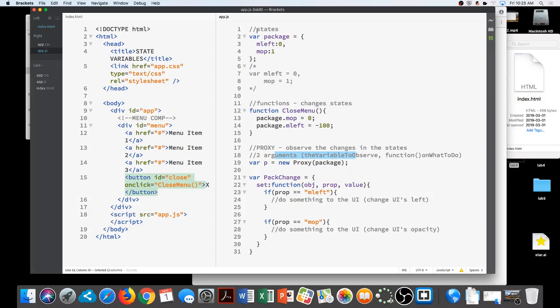Well, what was changed? The package was changed. What was changed inside the package? So he writes down, oh, mleft inside the package was changed. What did they change it to? -100. Right? So whenever, doesn't matter who, doesn't matter which function, whenever someone changes something in the package, this police